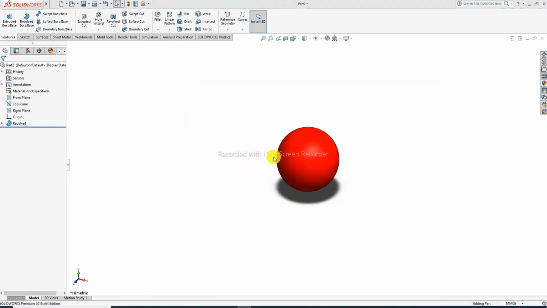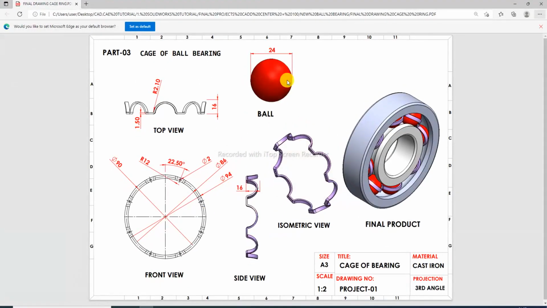Okay, this is part 3, the case of the ball bearing, and the ball is complete. Next is assembling all of part 3. Part 4 is the assembling point, and the complete ball bearing is complete, and all parts are drawn, you can see here. Okay guys,